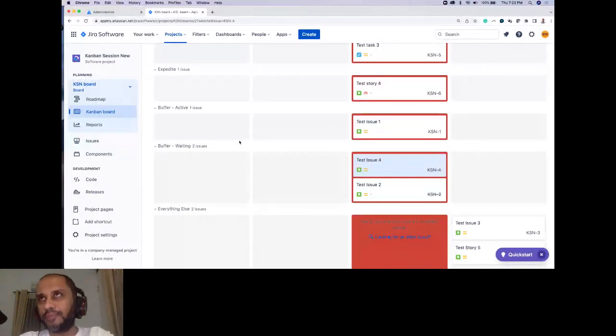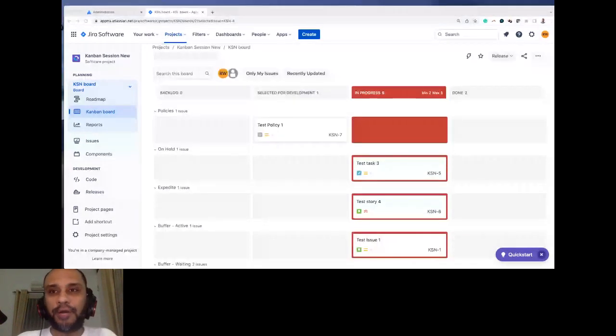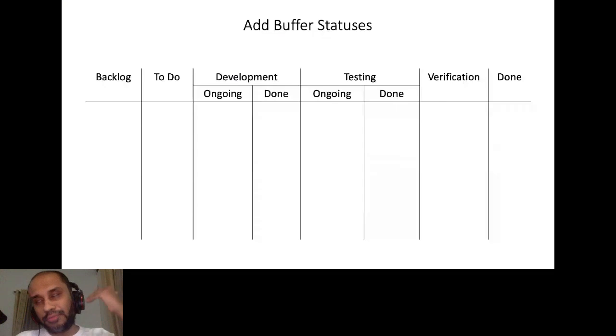So if you all are project managers, if you all are team leads in your projects, if you all are configuring Jira for your projects, you all will need to consciously look at configuring those transitions properly from the backend. All right. So keep that in mind. I'll show my slide deck once again. So we've looked at buffer statuses. Now I'm still talking about visualization, right? And I'm still talking about visualizing.